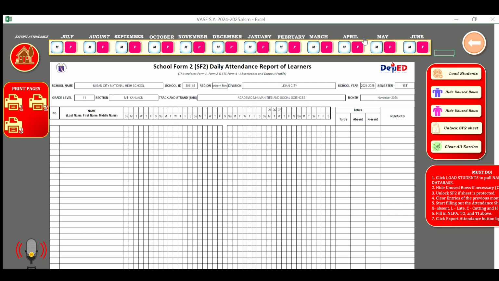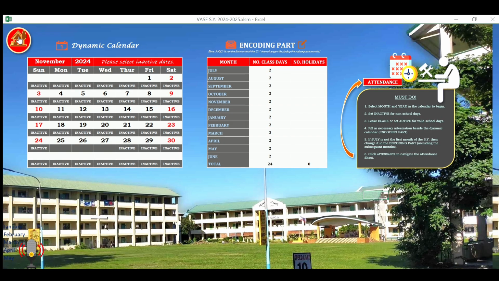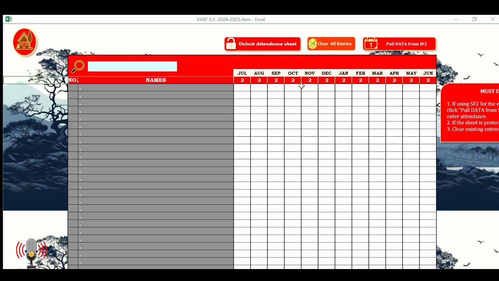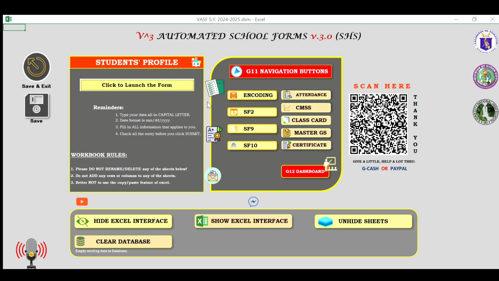If you're not using the built-in SF2 here, input attendance via the attendance button on the home page. After completing all these steps, you're now ready to print the necessary forms for grade 11 advisors.